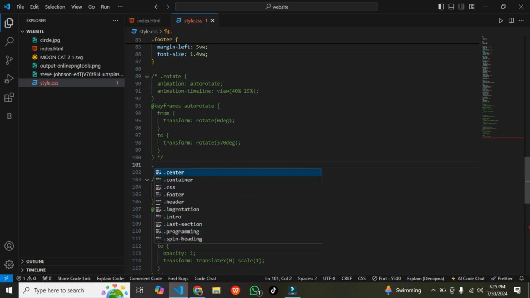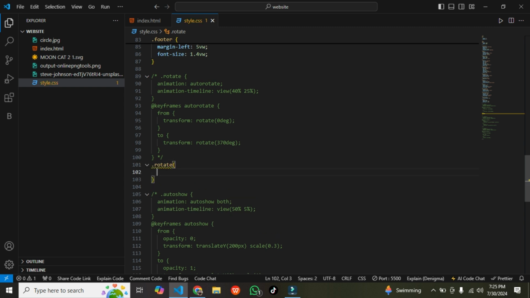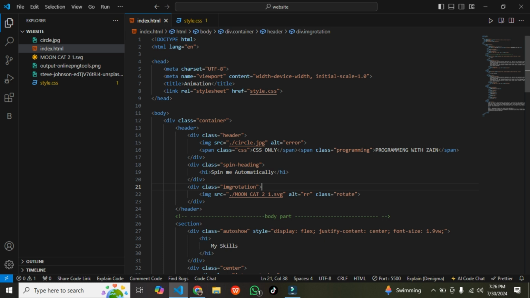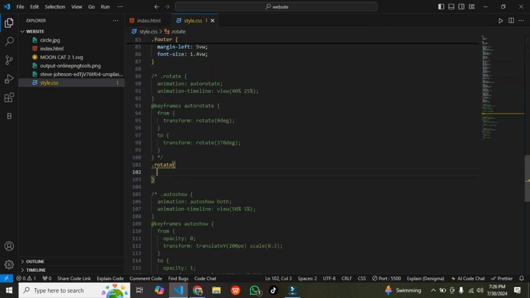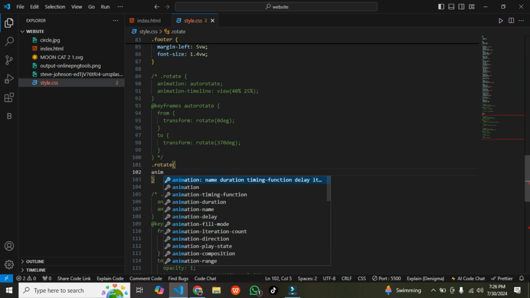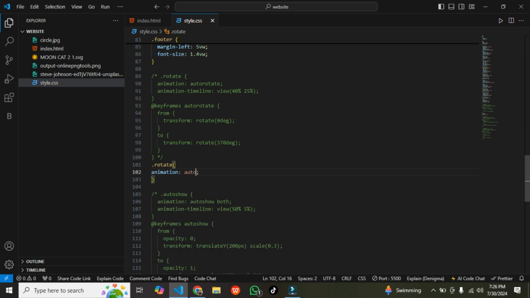First of all, you need to make a class of rotate. You can take any name that you want and add this rotate to the image. Here is my image of the moon and I add the class of rotate, and you can target this rotate class, and then you can add the animation name you want. Let's suppose I add the animation auto rotate,